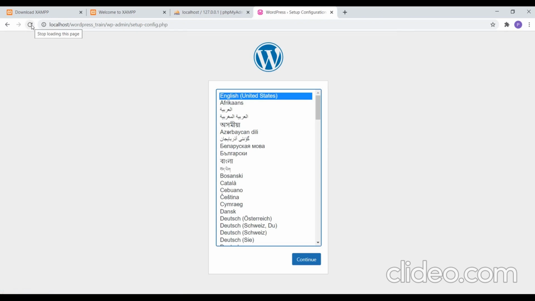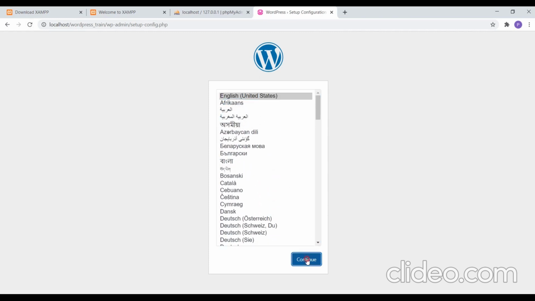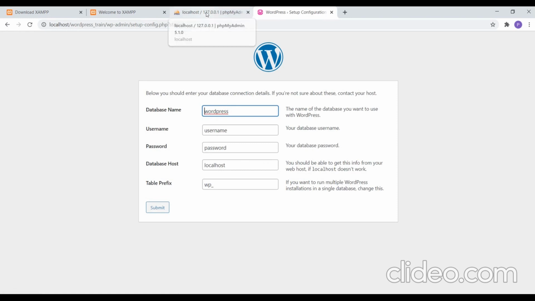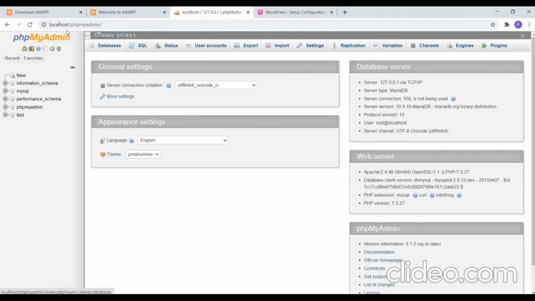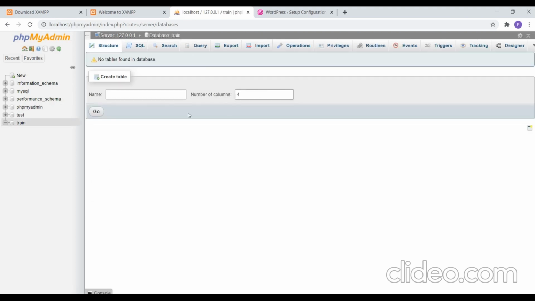So you see that you get a WordPress installation page here. You can select your preferred language and click on continue. Next you need to enter your database name, username and password. Since we haven't created any database here, just go to your phpMyAdmin, click on databases, give your database name, and click on create.